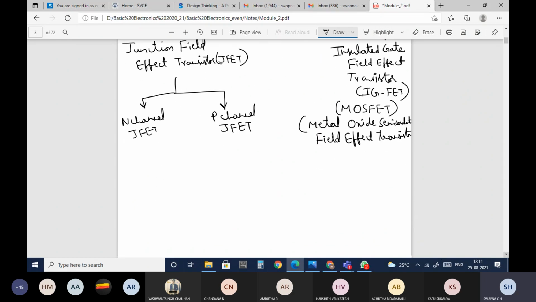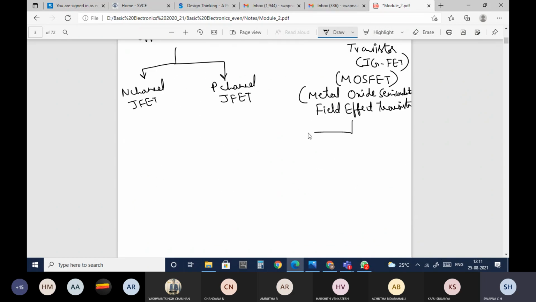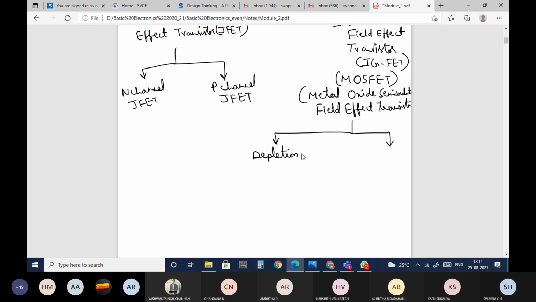Coming to the MOSFET, it is divided into two types: depletion type MOSFET and enhancement type MOSFET.